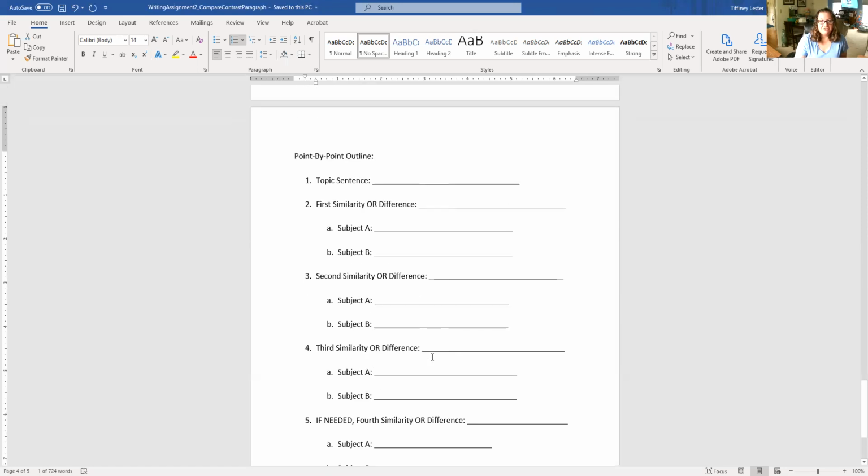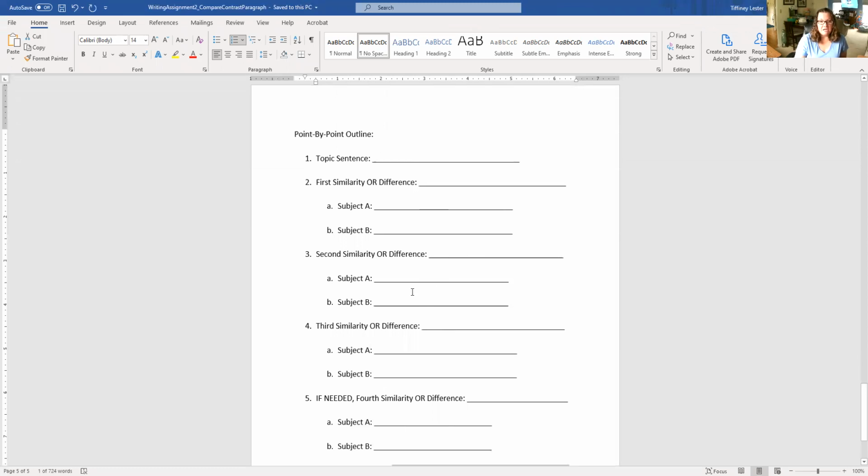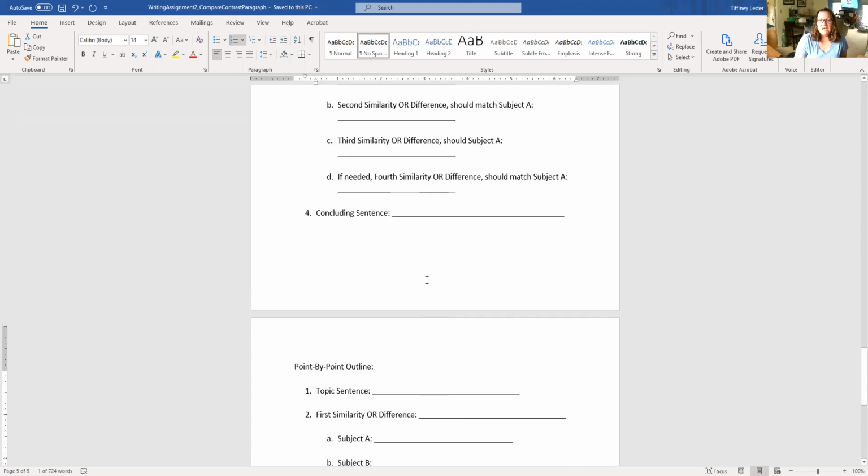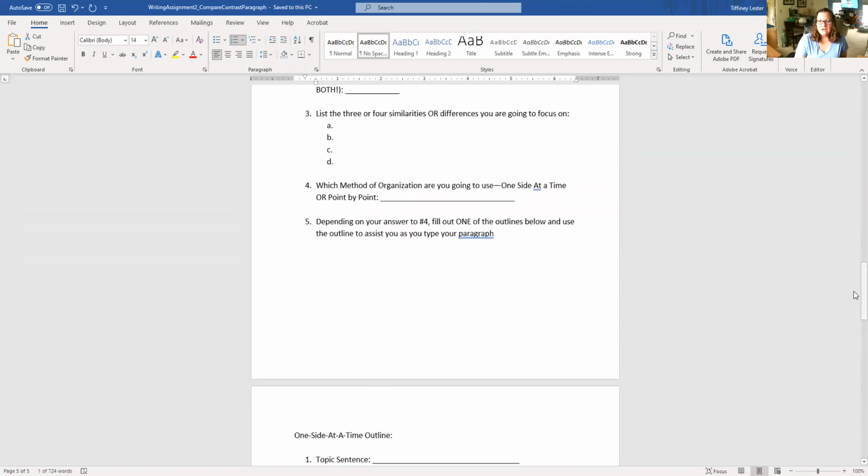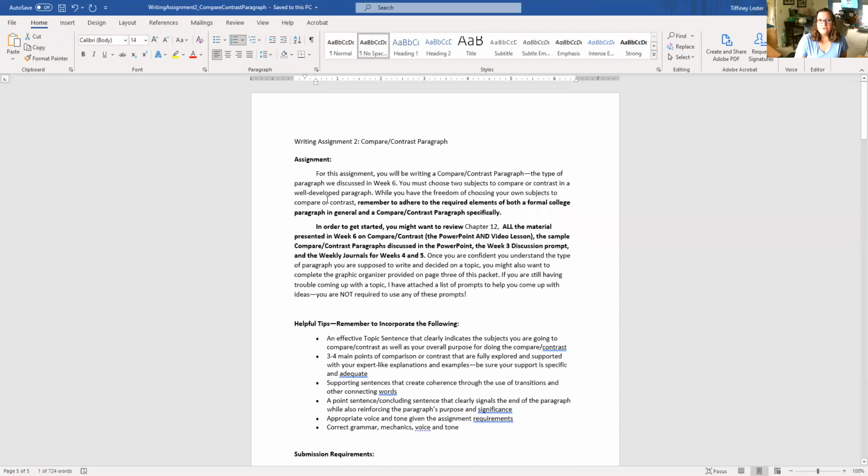Once you have it finished, you're ready to type your paragraph. Use the outline and follow your pattern. Follow the order that you have everything listed here on the outline. And again, the outline does not get submitted. It's there just to help you. Okay? All right. So I do highly suggest using one of those outlines to help you with this paragraph, because